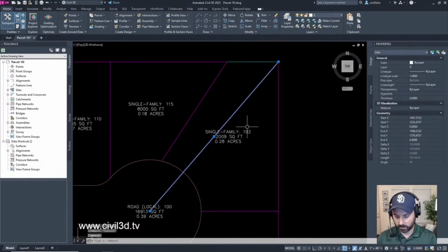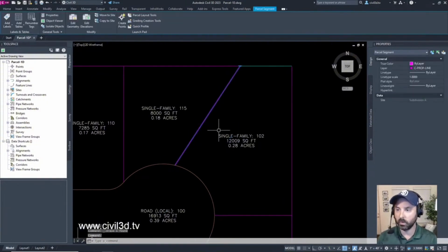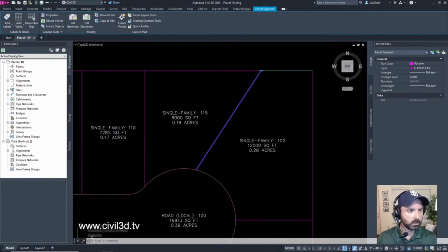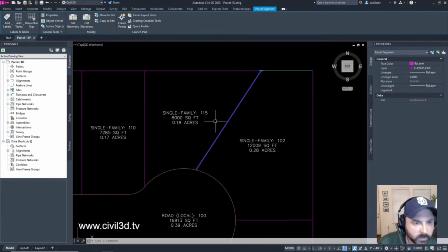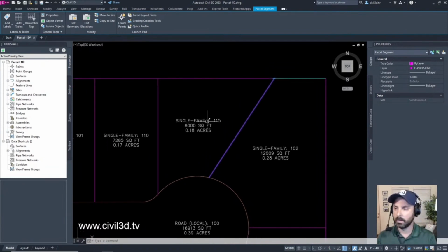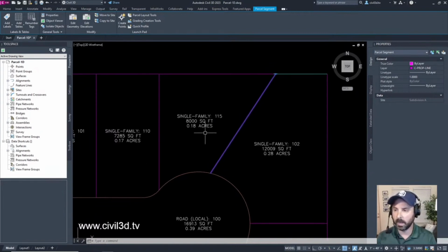To tell you the truth, I'm not getting the situation that I really want with my swing line. But I'm going to press on. We're going to move forward here. Let's see what kind of result I'm getting. 1171. It's still maintaining my 8,000 square feet, which is what I want.